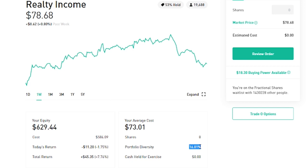What I'm looking to do now is diversify a little bit more. I do love this stock and I do see myself picking up more in the future, but for now I want to get a little bit more diversified in my overall portfolio. You can see my total equity is $629.44 at a cost for me at $584.09. So my total return so far is